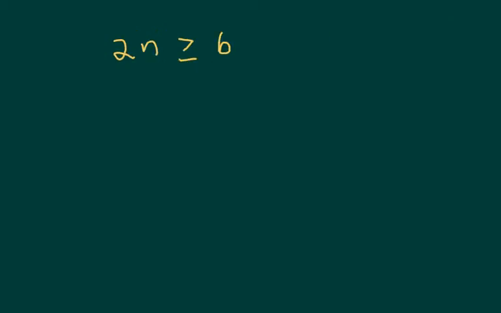If we wanted to solve an inequality that had to undo some multiplication, for example, double a number is greater than or equal to 6, we undo multiplying by dividing. And this would cancel out. And 6 divided by 2 gives us 3. So any number greater than or equal to 3 will satisfy